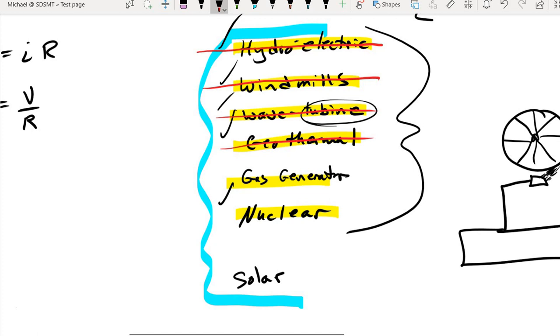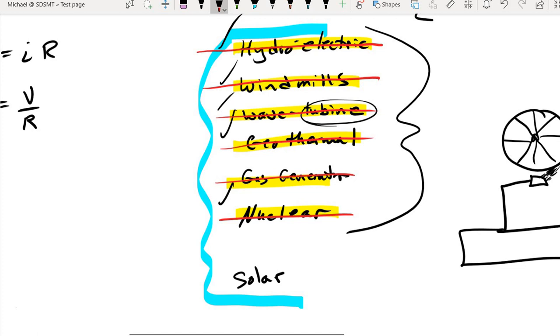A gas generator, we could put fuel onto the probe, but those fuels need oxygen to combust, and there's no oxygen out there in deep space, so that's not going to work. That brings us down to the last two. We said, well, nuclear, we use nuclear to drive steam engines, basically. I don't know that we'd want to put water on a deep space probe. We can end up losing it, or it could freeze. So solar seems to be the last resort for anything that we want to send out in space, really, except that